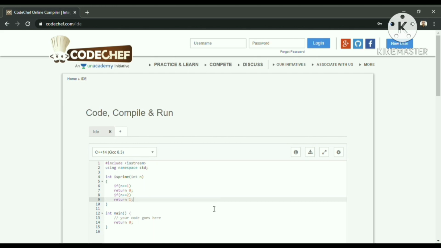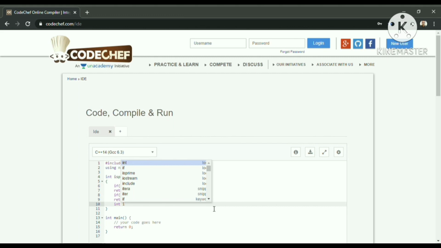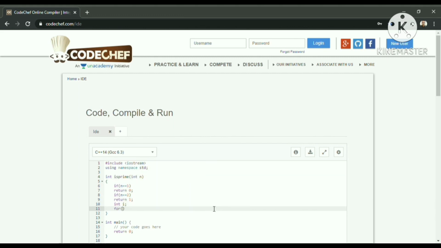And for the remaining values of n, we are going to use the fact that one of the divisors for any value of n must be smaller than or equal to root n. So here we are going to check the divisibility only till root n. So int i, an iterator, is taken, and in the for loop: i = 2, i * i <= n, i++. Here i * i <= n is used to reduce the time complexity,